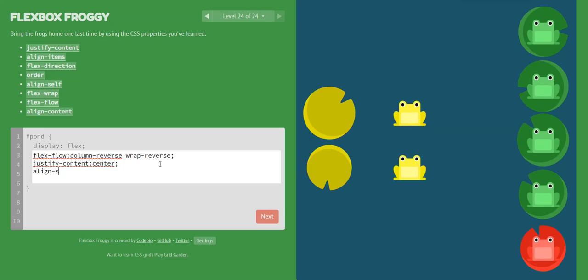The final thing is align self, because we are going to be aligning the yellow elements to the beginning. Flex start seems to be not working. Okay, so because there is a space between them, I meant align content, not align self. Sorry, my mistake. And we are good.